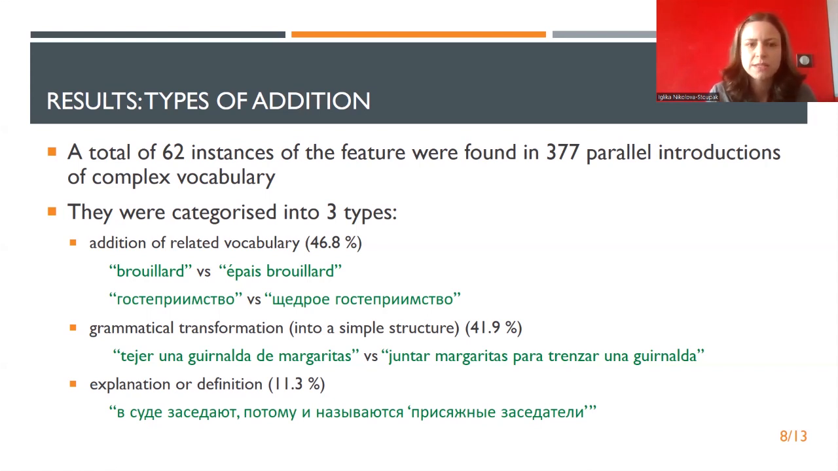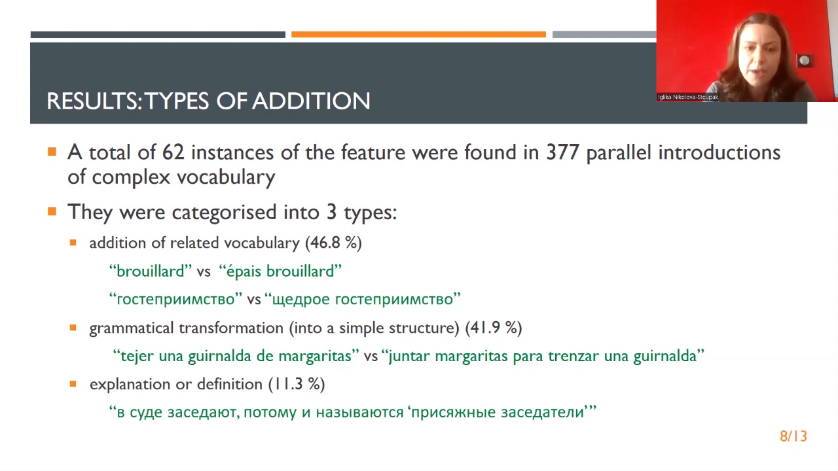Then in Russian, we have, for instance, гостеприимство versus щедрое гостеприимство. So hospitality versus generous hospitality. Hospitality usually within itself contains the notion of generous. So it is a bit of a repetition, but at the same time, it helps understand what the complex word means. Then another type of addition is grammatical transformation, or transformation into a simpler structure, as we saw in the